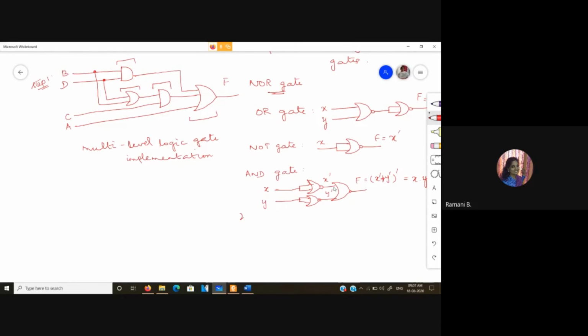So if I am going to use NOR gate, wherever I have AND gate, I insert a bubble at the input end. For OR gate, insert the bubble at the output end.